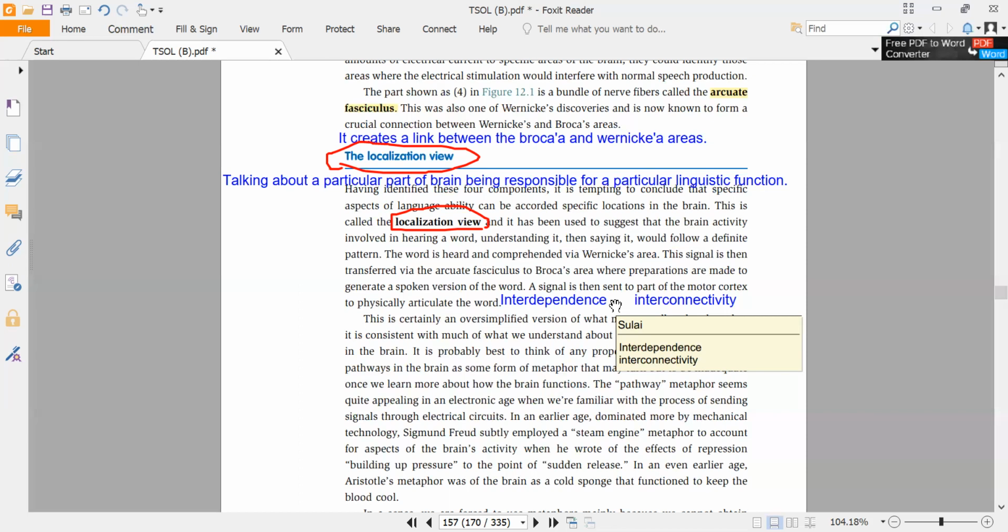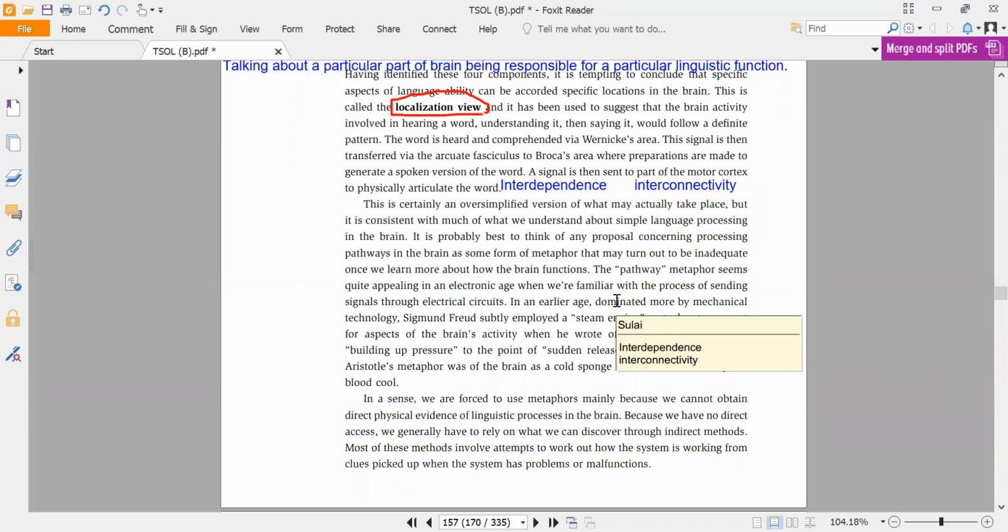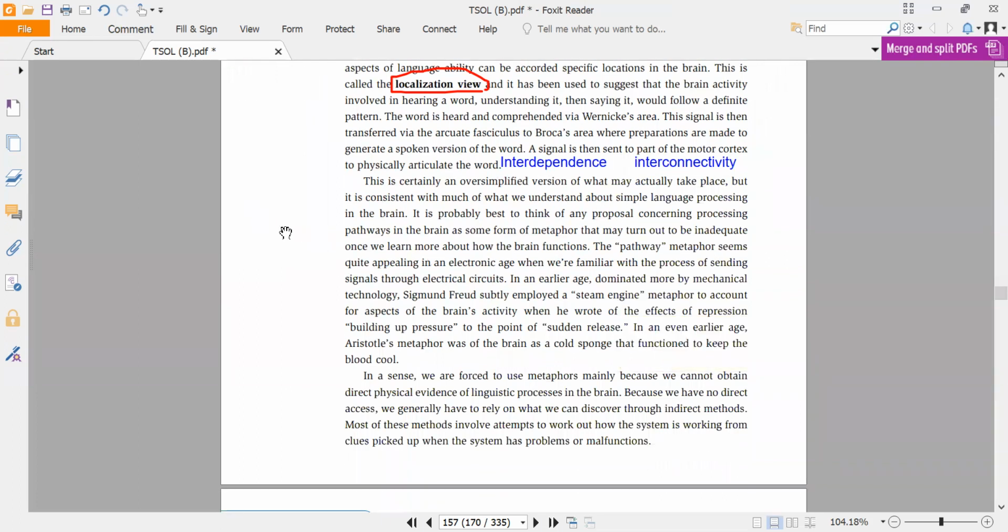And if you look at the supply of the blood, the supply of the blood also plays its role, right? Like when we are producing speech, it doesn't mean that only the Broca's area is involved in the production of speech. Rather, the supply of the blood may involve some other parts of the brain as well. So this view, the localization view, is somewhat misleading, somewhat limited, right? Because we cannot separate a particular part of the brain for a particular linguistic function. So this is about the localization view.